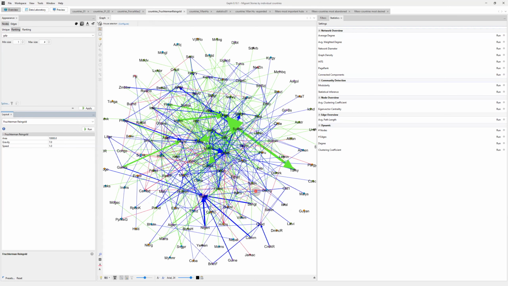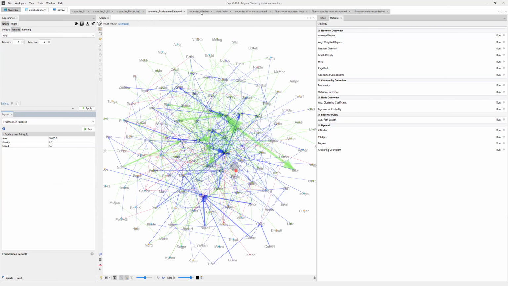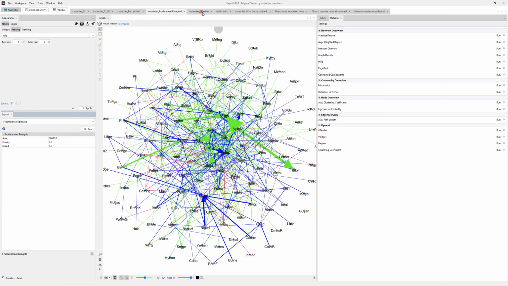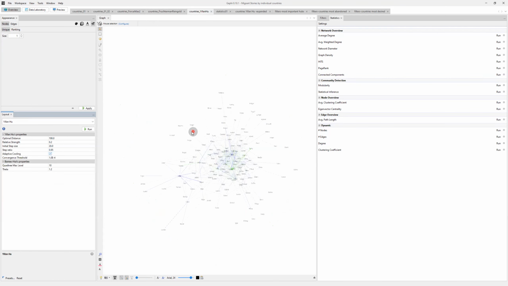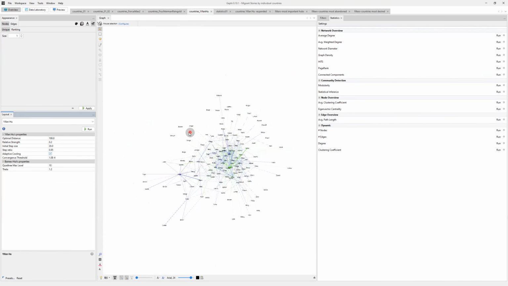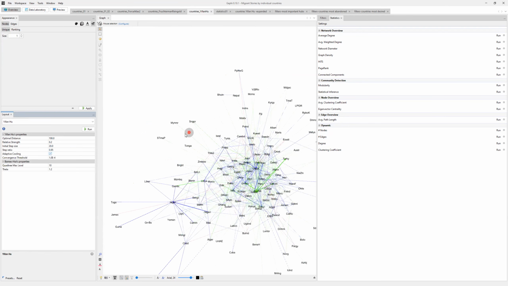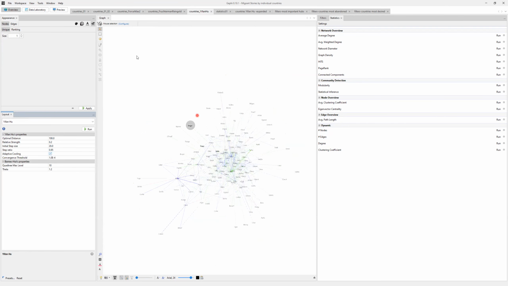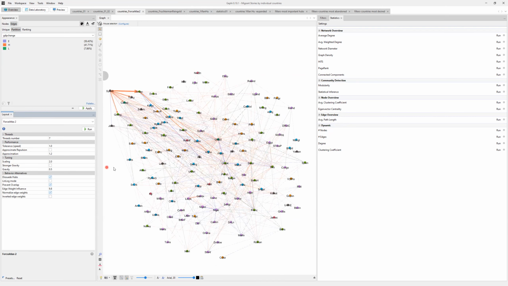This would be the Fruchterman-Reingold again. That's the Yifan Hu. And oh, I wanted to show you the